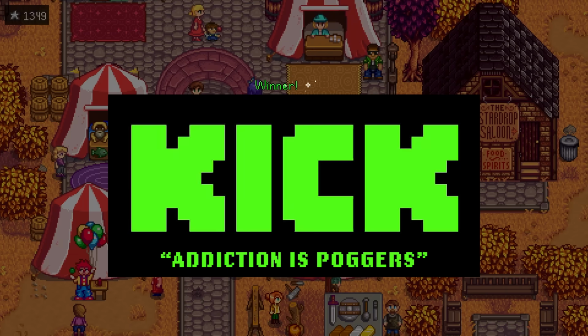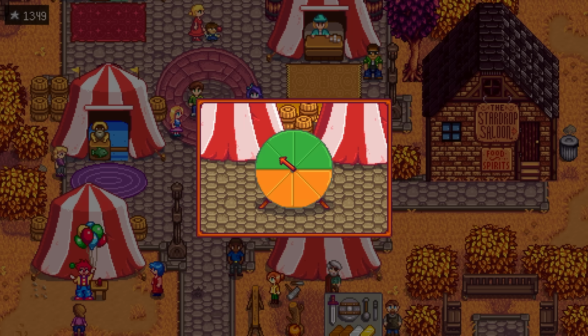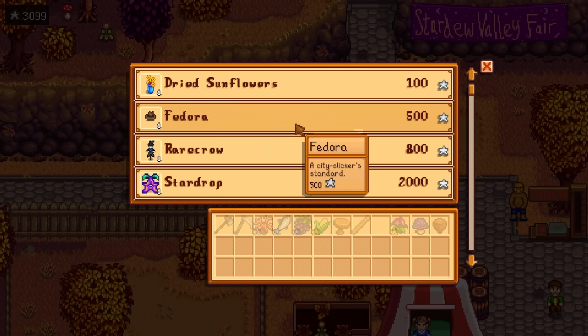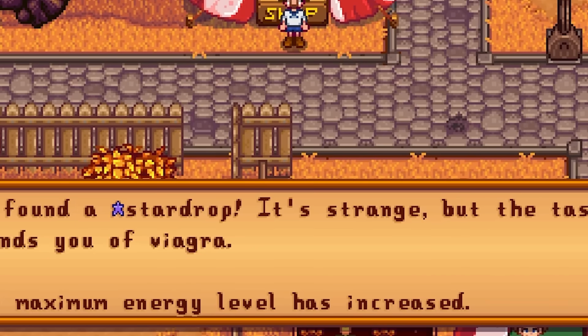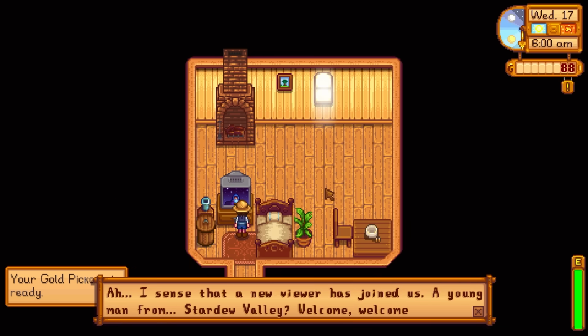But after accepting a kick brand deal, the odds suddenly start turning my way, and I'm able to buy myself the rare crow and the star drop. Easy. I say 6 hours into this recording session. I forgot I made it that. Nice. The following morning, my pickaxe is ready and...